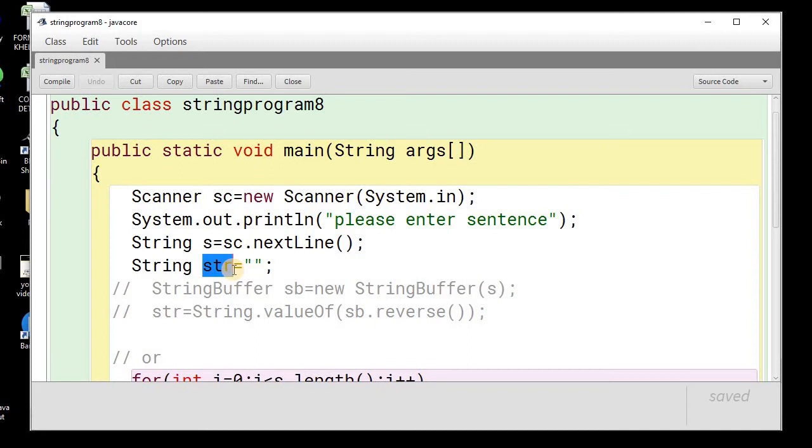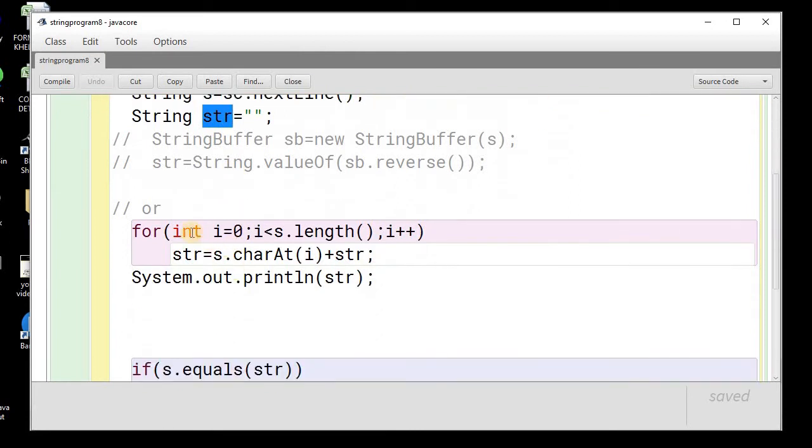As I have told you, reversing of a string can be done in two ways. One, the original string method. You can see this is the original string method, where we need to run a loop from i equal to 0 till less than length, and then we will be extracting each character of this string, and then we will concatenate it into the string.